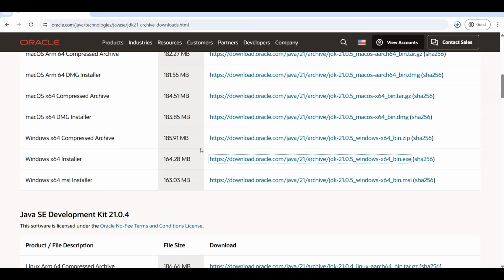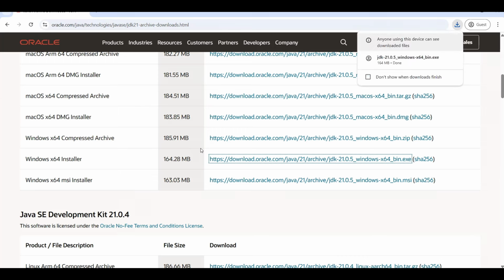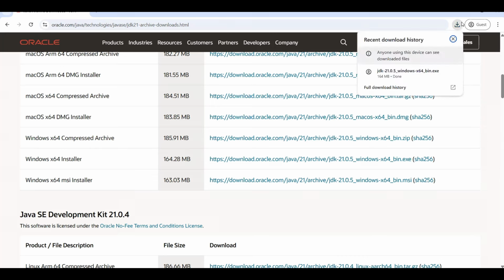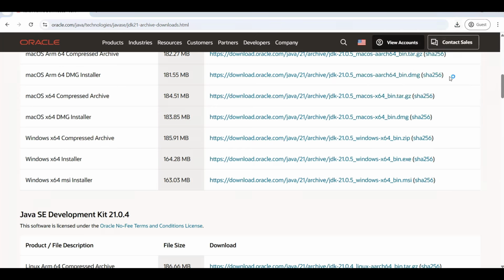Frankly speaking, it is really not very difficult because we're going to use an IDE along with Java. We do not need to do any explicit path setting here. Everything is taken care of by the IDE itself. That is another beauty of using an IDE. All right, my Java 21 download is done. It is ready. So let me start with the executable.